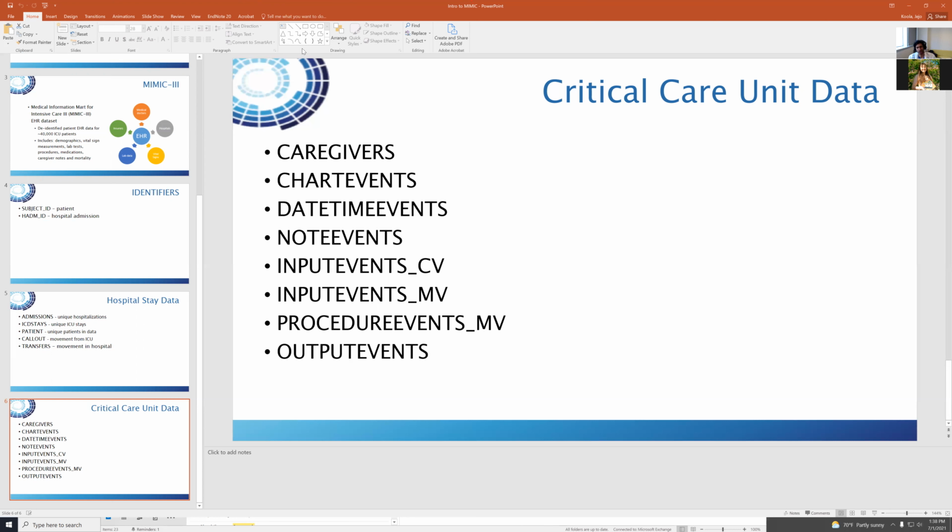I will buy you a Snickers bar if you can tell me. It's called the LOINC ontology. So the LOINC ontology is the one that